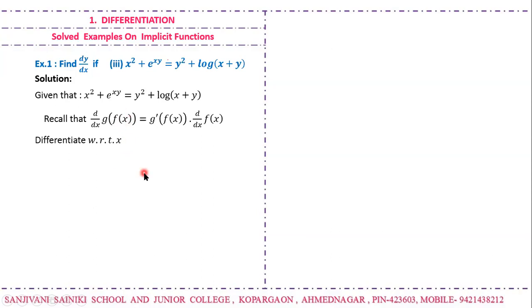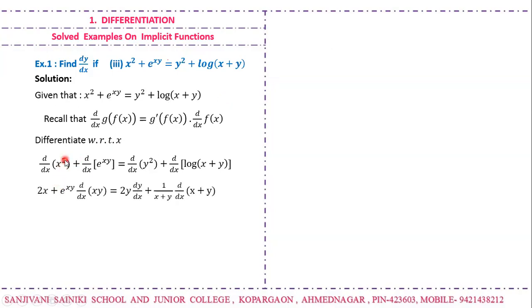Here, the derivative of the composite function, that rule is used. So d by dx of x square plus d by dx of e raised to xy is equal to d by dx of y square plus d by dx of log of x plus y. Derivative of x square is 2x. Now derivative of e raised to xy is